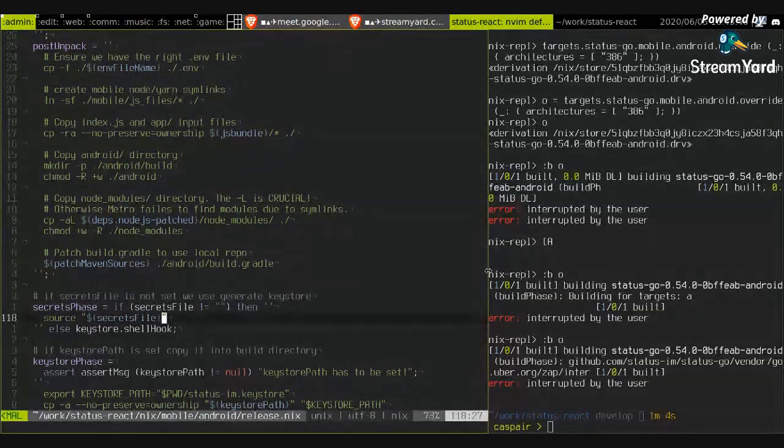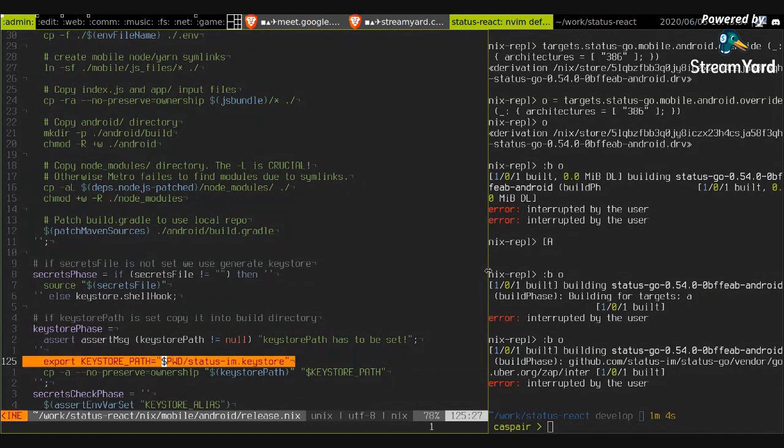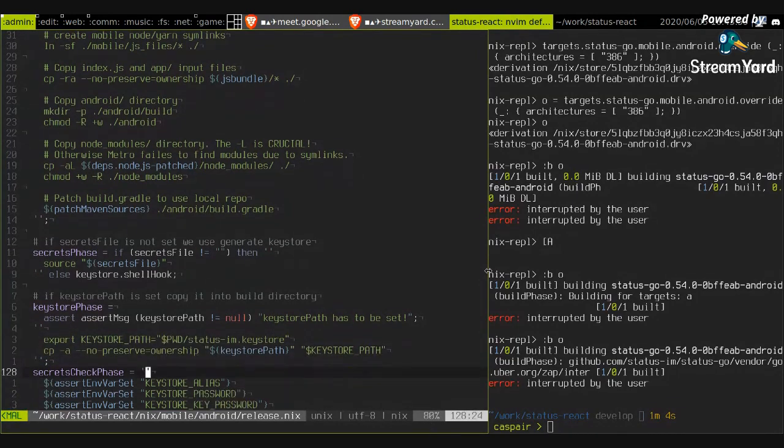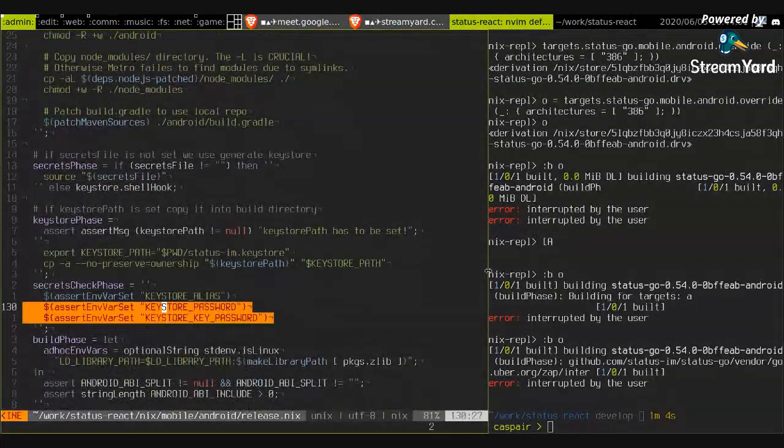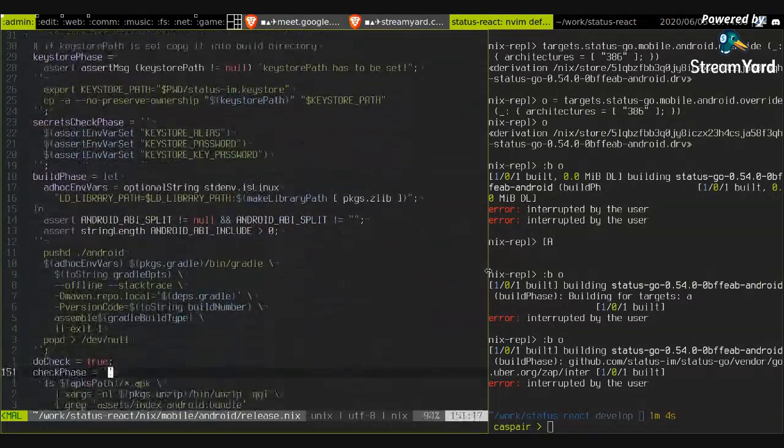We'll also make sure that if we have secrets, we load them. And they're loaded from a file on the file system because we don't want them to be part of the derivation, because they are secret. We copy the keystore into the build path. We verify that we have the environment variables necessary to actually sign the APK with the keystore and the certificate in the keystore. And finally, we have the build phase, which essentially just runs Gradle with arguments we specify specifically,